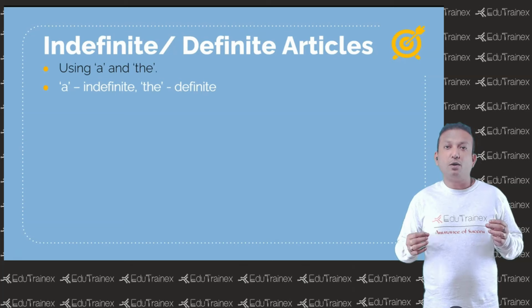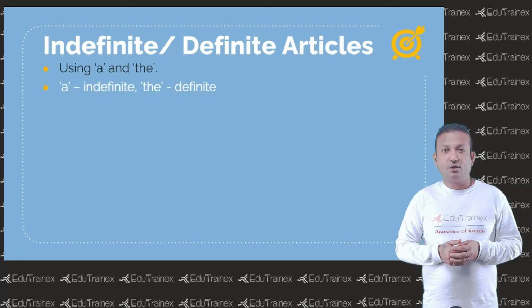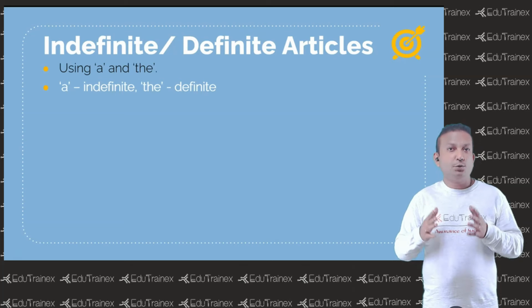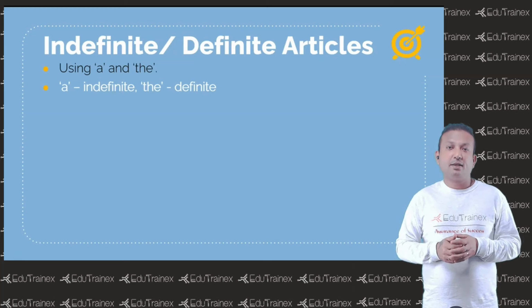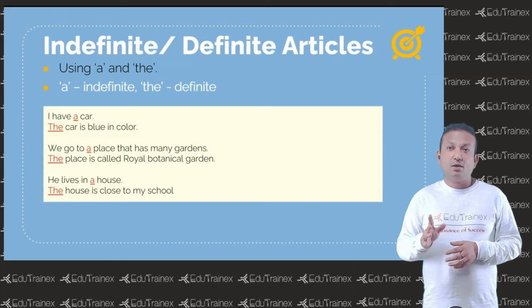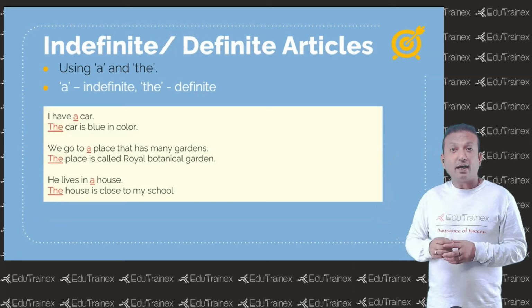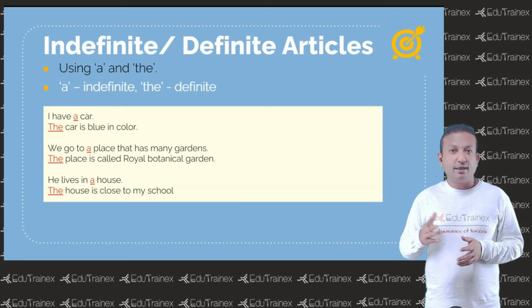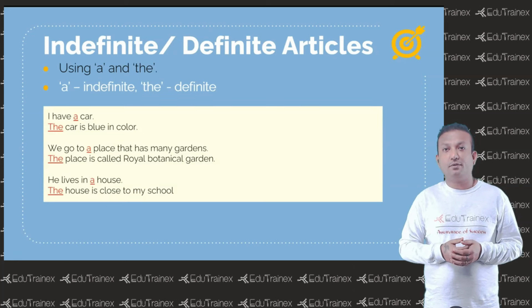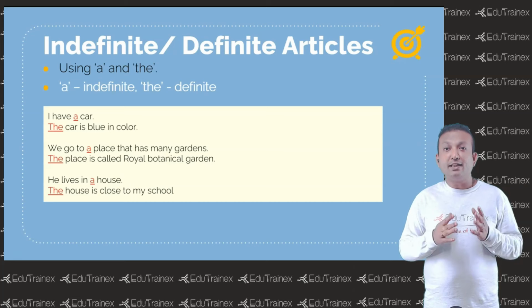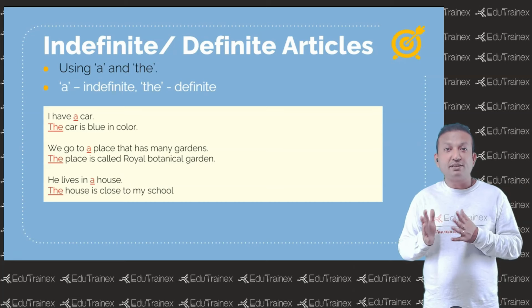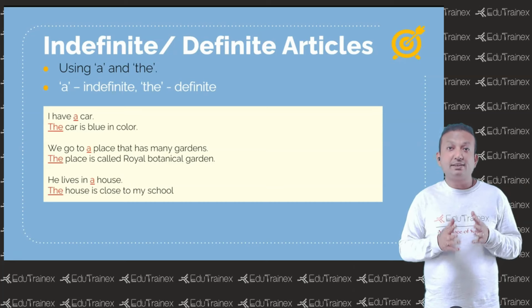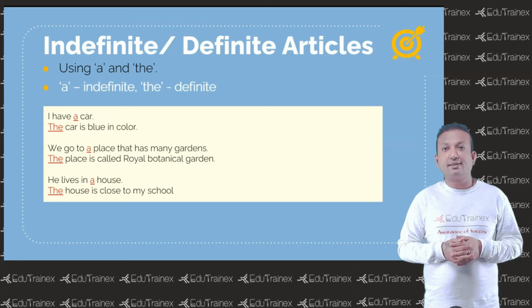So when we talk about something specific, you will often see questions using these articles in the exam. It's definitely heavily used. Look at the examples on the screen. I have a car. The car is blue in color. He lives in a house. The house is close to my school. You see, the sentences with indefinite articles will always precede or come before the sentences with definite articles referring back